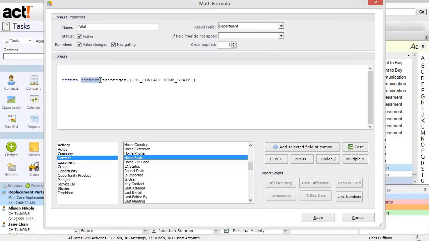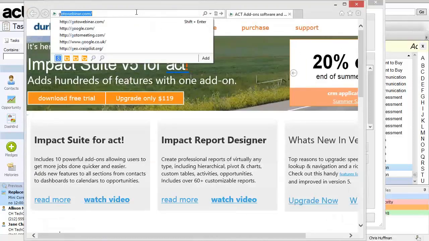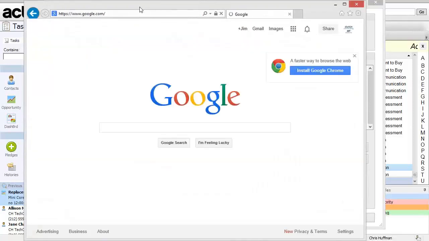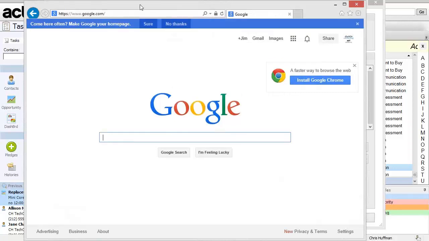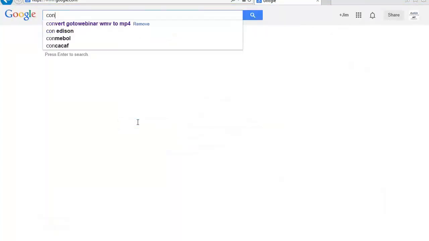Now, how do I know where this convert to integer comes from? Well, these are all just core functions of .NET. I'll just jump into a browser here, and let's go to Google. The hardest part is going to be thinking in your head what to say to Google. You're going to get back 1 billion hits in here. And I'm going to actually say convert